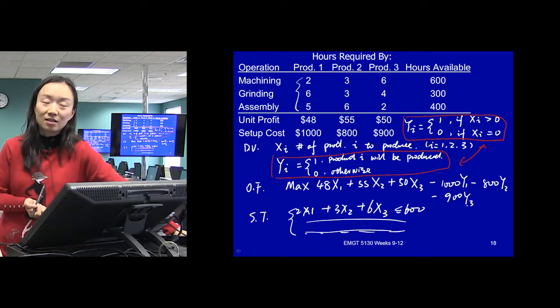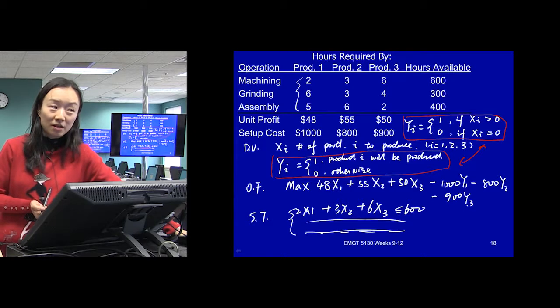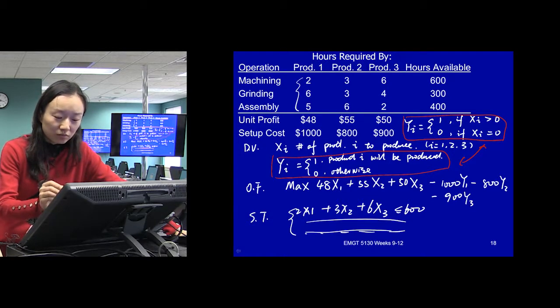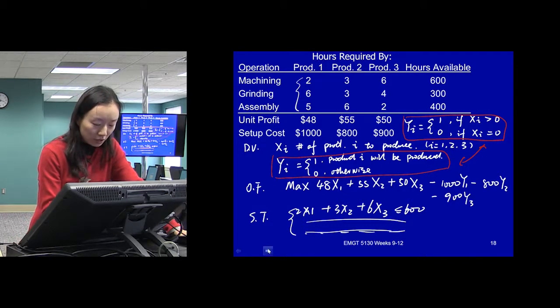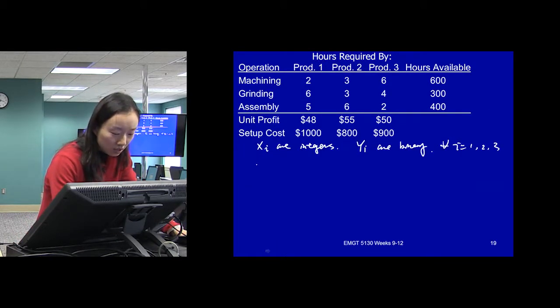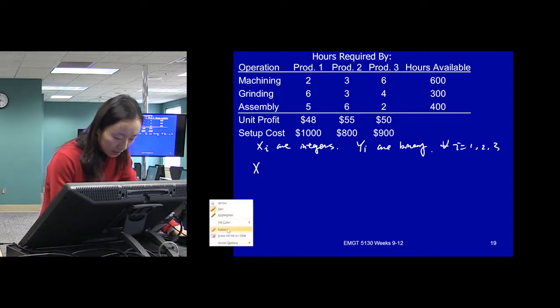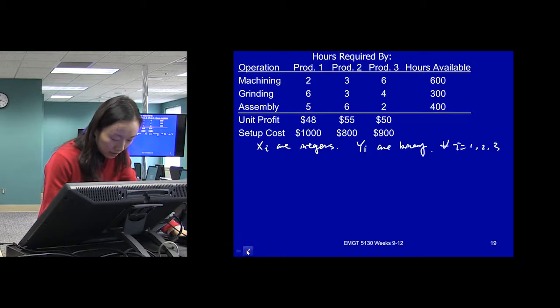We don't have anything that's forcing those y values to be 1 in the constraint part. So that means we have a missing constraint. And that missing constraint is that we forgot to link this y with x. So we need to link our y with x. That's what we wrote there.